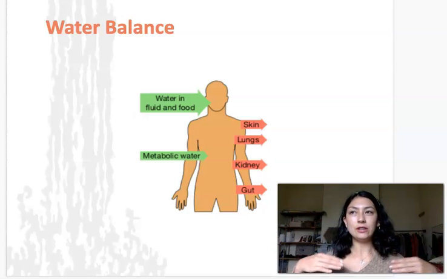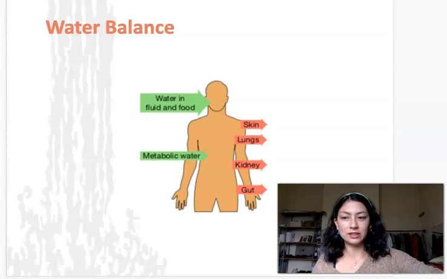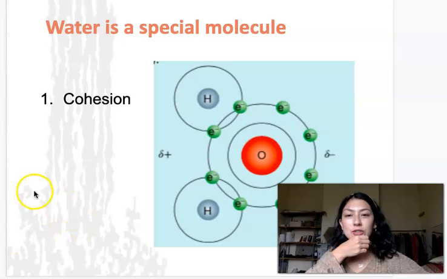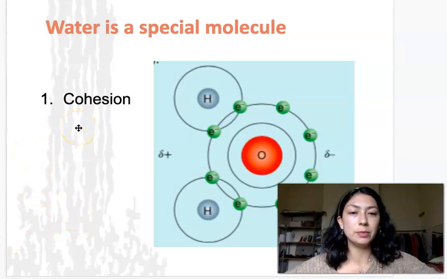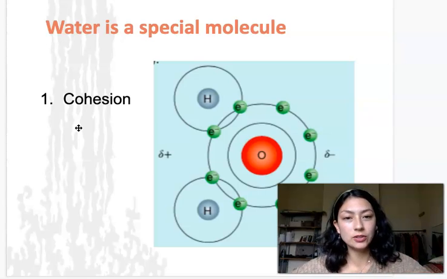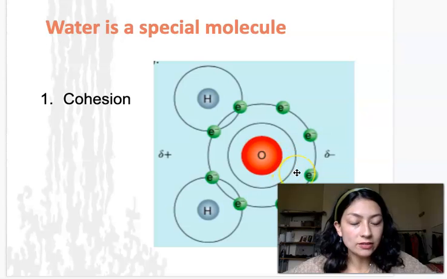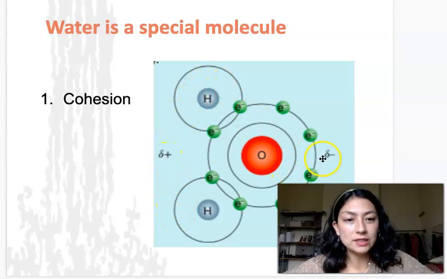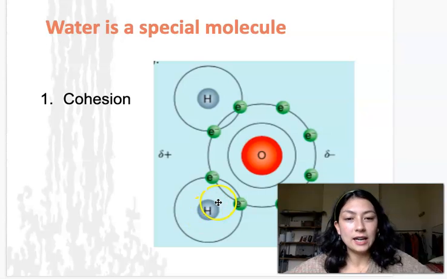If you get rid of too much, then of course you're going to be desiccated. You're going to be shrunk. Water is an amazing molecule. One of the most amazing things about it is that it has this cohesive property. So overall, it's a neutral molecule. However, oxygen is a slightly negative atom, and hydrogens are slightly positive. So that's what we see here: the slightly positive, slightly negative, and that means that they attract to each other via these strong hydrogen bonds.